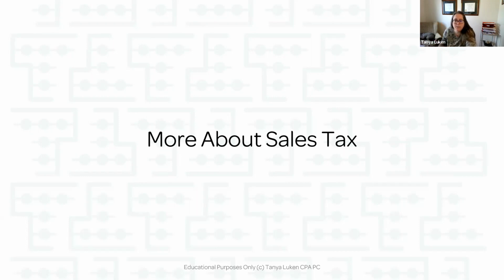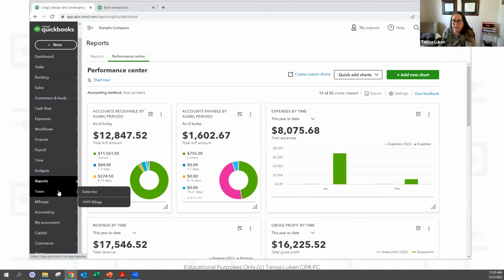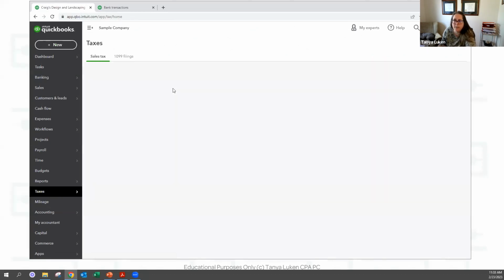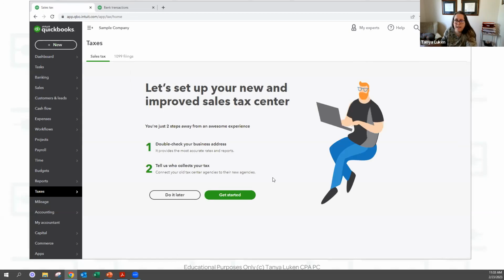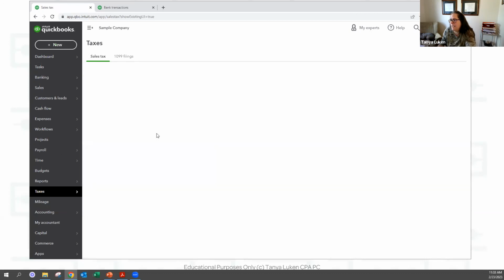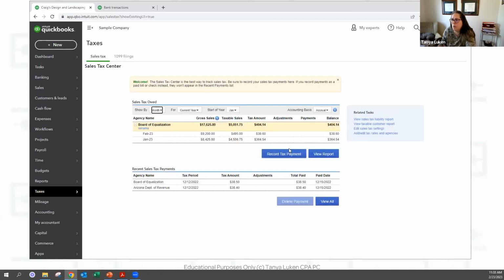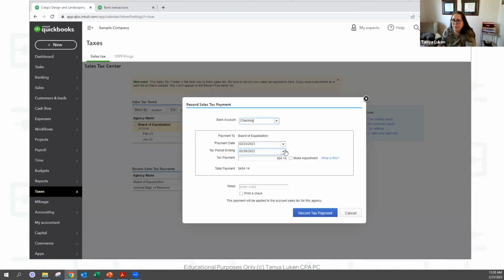The other thing is you have to specifically tell it that you're making sales tax payments. So when you're in your sales tax center, for example, if you're paying your sales tax, you can't just go to write a check. So you would record tax payments. For example, you have to do it this way: I'm paying $404 worth of sales tax out of my checking account today. You have to record them in the sales tax center as sales tax payments. Okay, you can't just write a check for them, or you can't just enter them from the bank feed if you're using QuickBooks to calculate your sales tax for you.